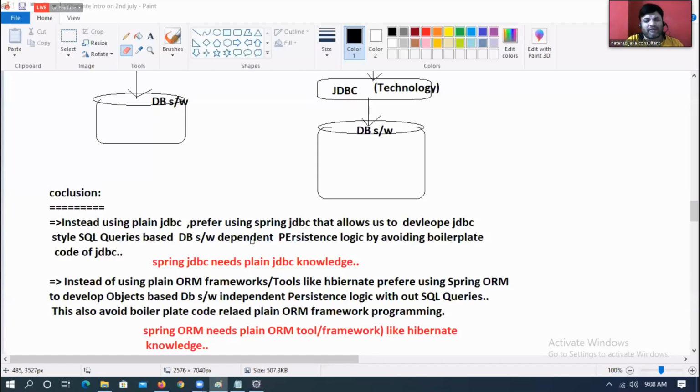For example, you have 500 tables. On all 500 tables, you want to keep CRUD operations ready. CRUD operations logic is specific logic because table to table the query changes and the columns are different. Are you understanding my point there? Still, you have to write the CRUD operations for 500 tables manually as application specific logic. Only Spring JDBC and Spring ORM take care of boilerplate code, common logics only.